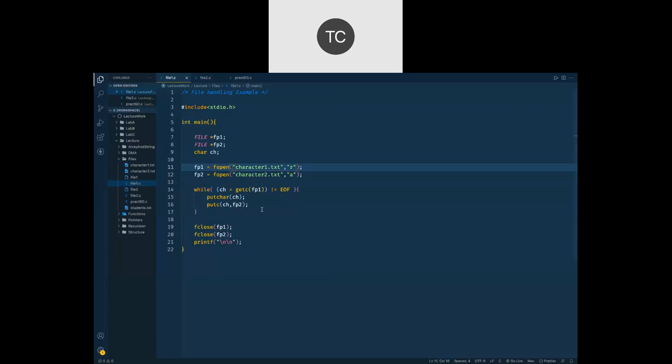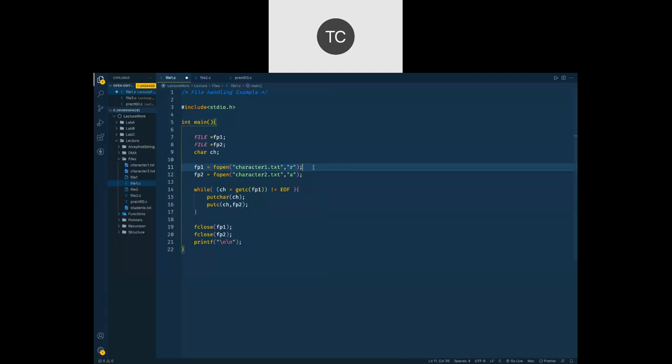If you have a different folder, then you may go for, let's say, abc/ and so on, a particular format for the relative path you have to use here. So we have a file, and then the second parameter is the mode in which you are going to open your file, whether it is read mode, write mode, or append mode.